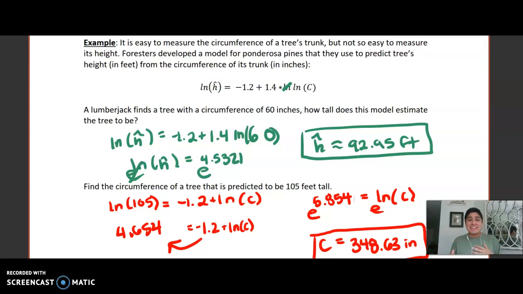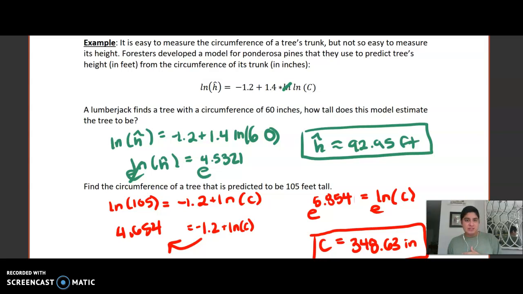Hopefully remember that the inverse of a natural log function is the exponential function, specifically base e, about 2.71. So here are just two examples. One was a direct substitution problem, so we should get that the height should be about 92.95 feet, very tall tree. Or going backwards, if we wanted to find that predicted value, then we should get that the circumference should be about